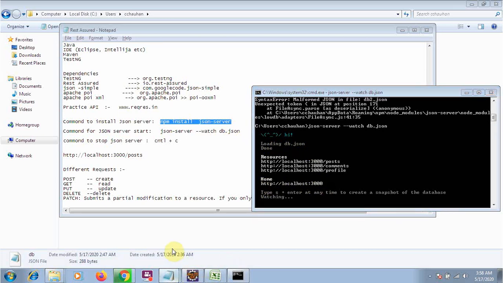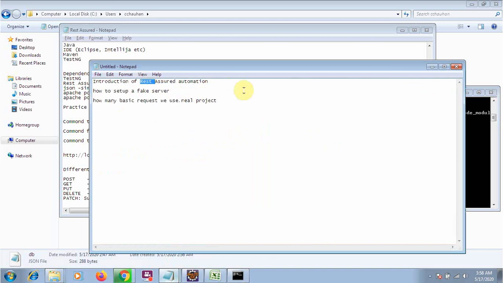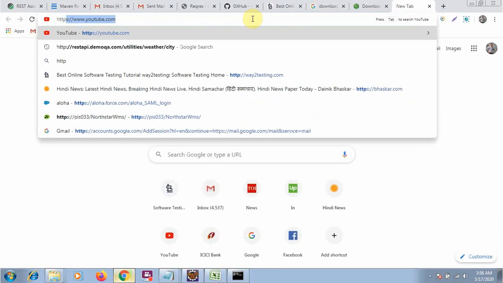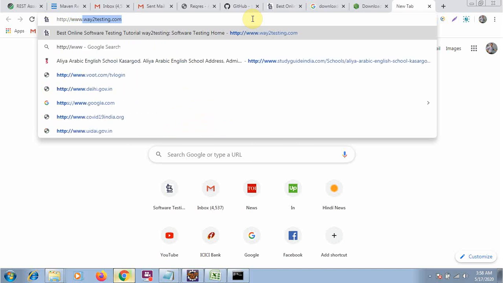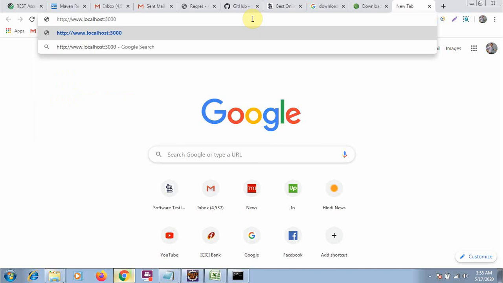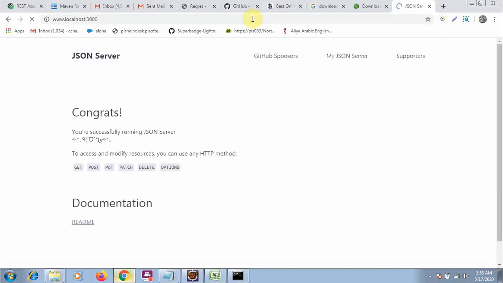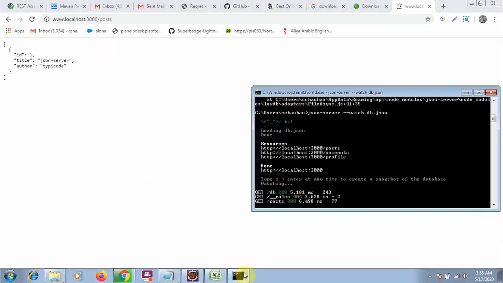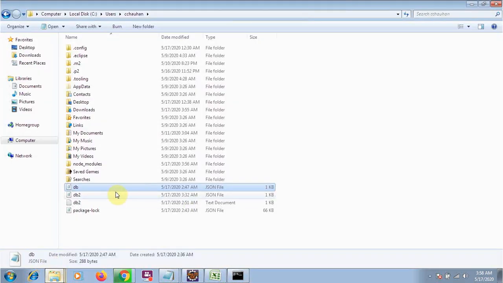Let me open the URL. Let me copy the URL. It's http://localhost:3000. Just open your browser, go here and type http, then localhost colon 3000. If we run this one, you will get these messages, which means the server is running, along with whatever requests you are performing. Let me open the file first so that you can understand very easily what this means.